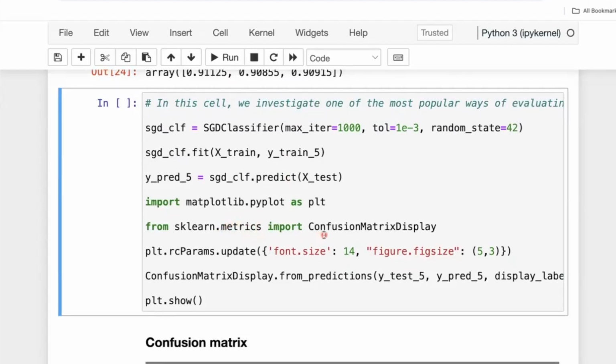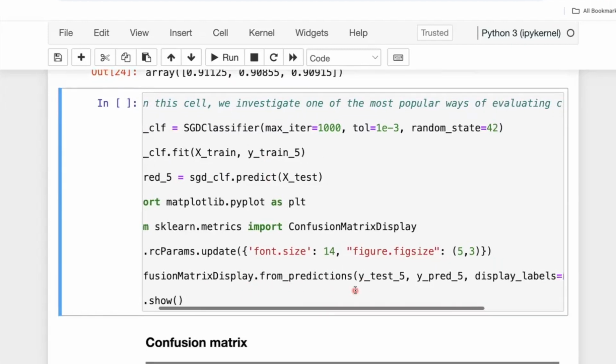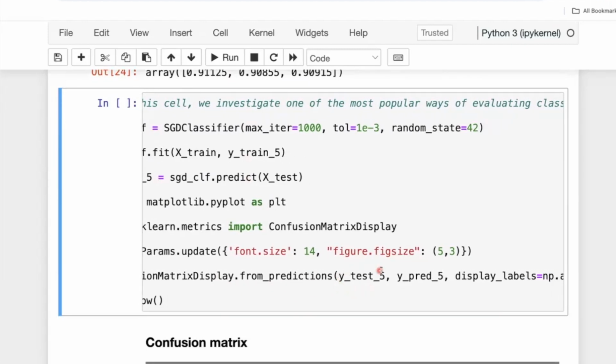we import something called ConfusionMatrixDisplay. This line is just to make sure that we have the right figure size and font size, etc. What this does is that we use the method called from_predictions. So we say ConfusionMatrixDisplay.from_predictions, and we provide the true labels for our testing data sets,